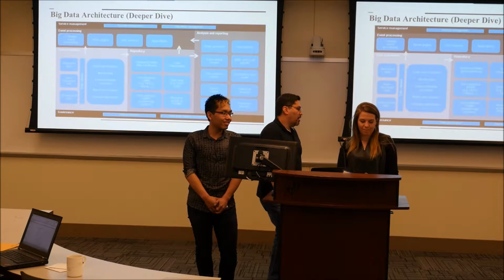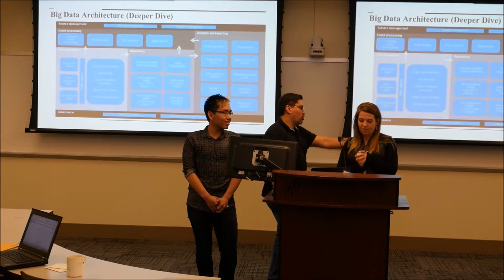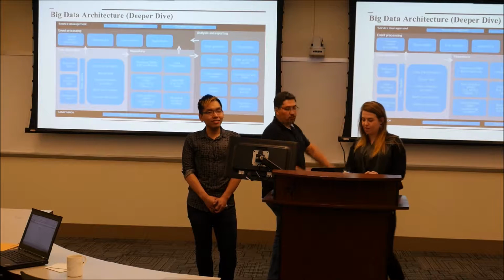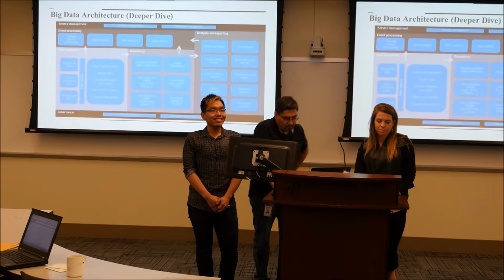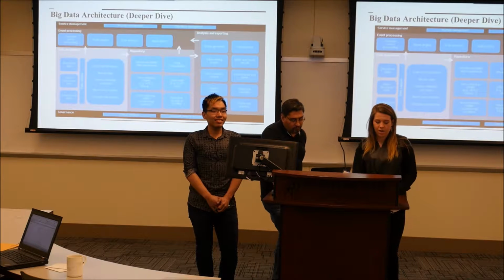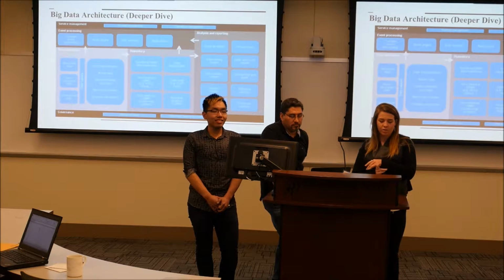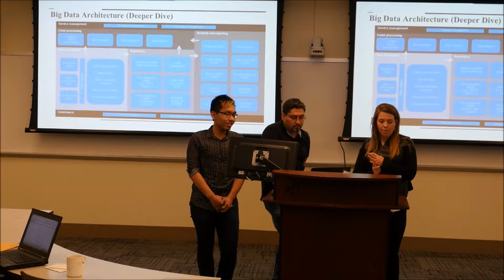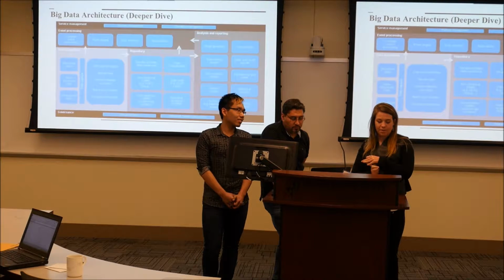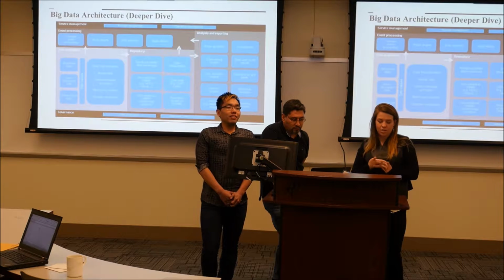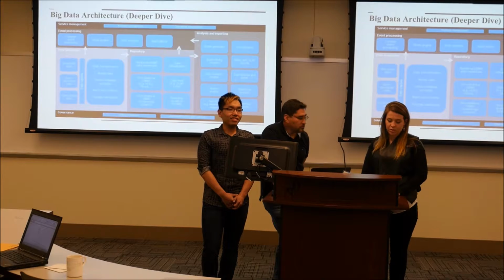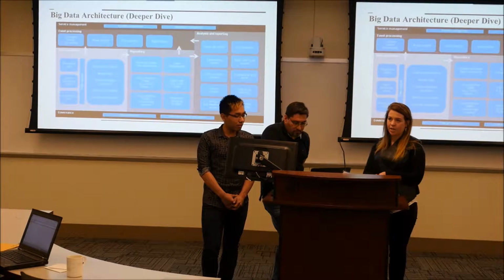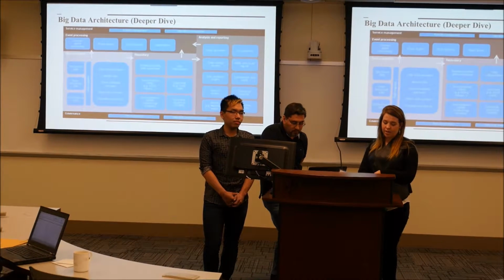I'm going to go into a little bit about the different, deeper dive of big data architecture. So data architecture is the models, policies, rules, or standards that govern which data is collected, how it is stored and arranged, and how to put it in use in a database system or organization. There are many different components of this. There are file systems, which are distributed file systems that provide storage, fault tolerance, scalability, reliability, and availability.